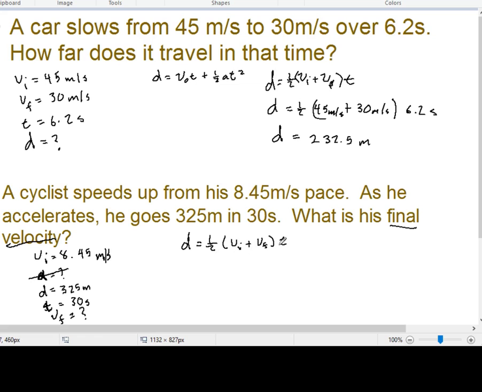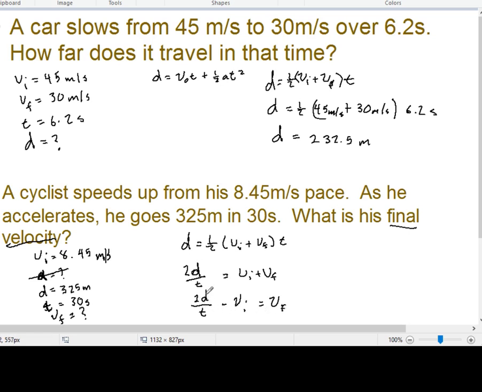Okay, so I'm going to solve this thing for VF. Well, how to do that is I'm going to move the 2 over there, so I'll get 2D. And then I'm going to divide by the T. Maybe not do too many steps all at once. I get VI plus VF. Okay, if I want to get rid of the VI, I'm going to subtract it. So if I say 2D divided by T minus VI equals VF, let's do a unit analysis on this as